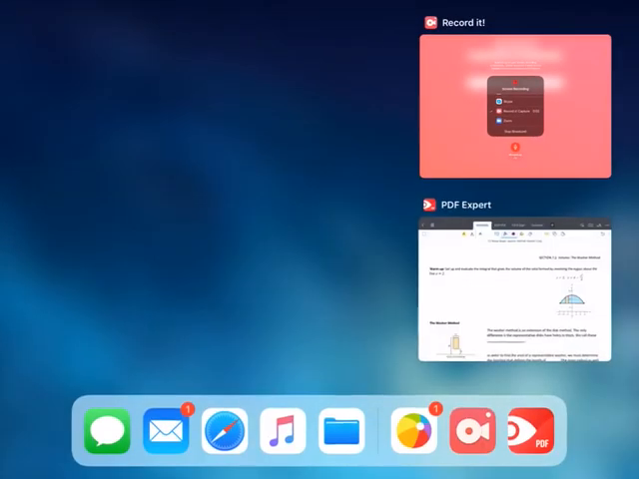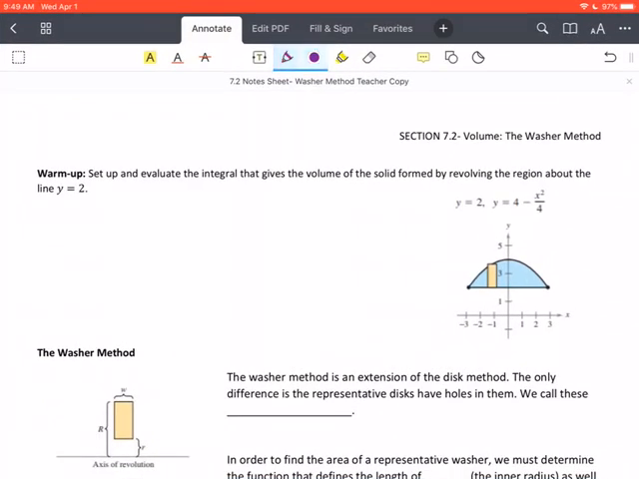Okay, today it is time for the washer method in finding volume of solids of revolution. So before we get into the washer method, let's go ahead and do a warm-up, so you can pause me if you'd like. But we are being asked to evaluate the integral that gives us the volume when we take